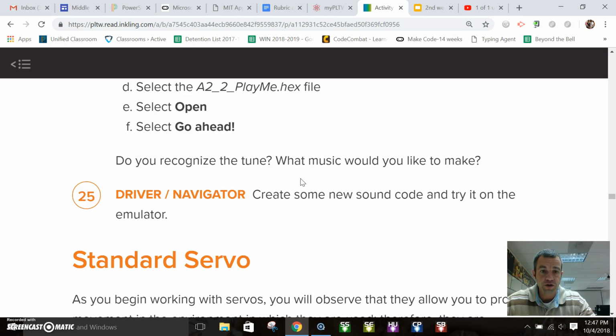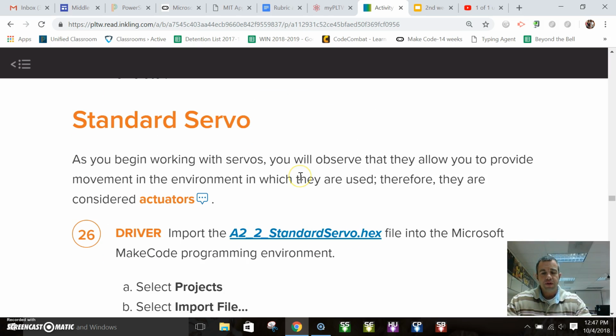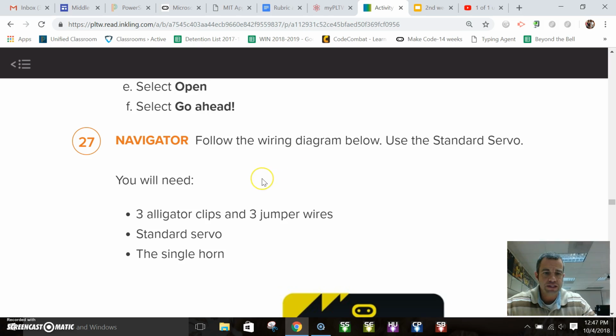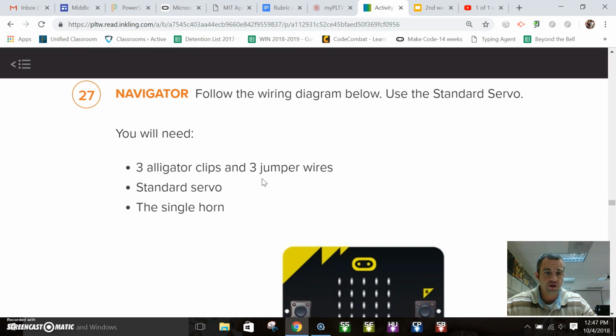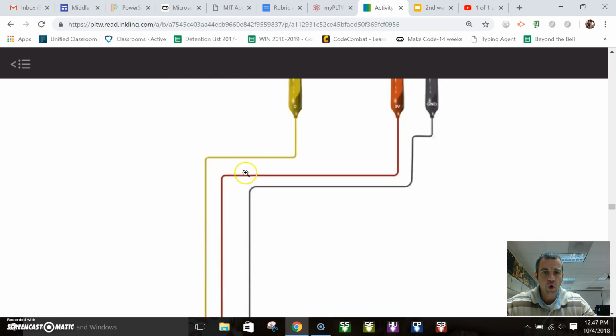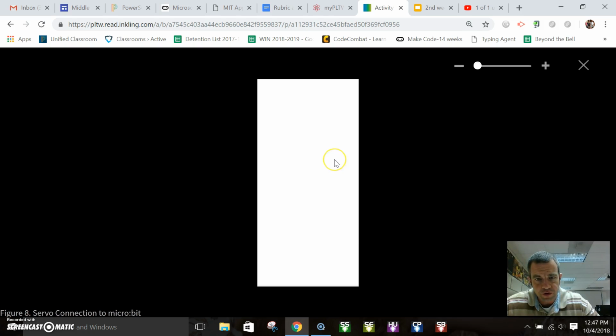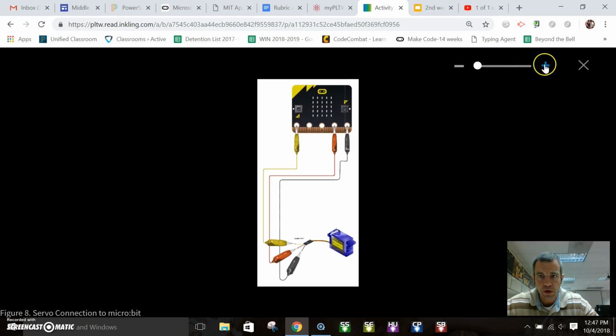Here's your next file, and you're just testing this out. The standard servo and a continuous servo are two different types of servo. A standard servo is going to show you exactly how far the standard goes. The single horn, it's going to show you, okay, here's what that looks like. Now the easiest way to hook into here, if you click on it right there, you can blow it up a little bit,